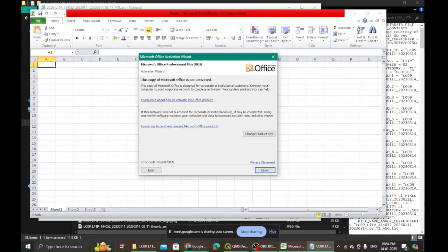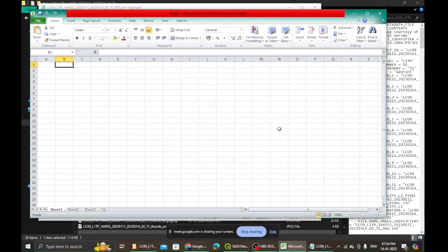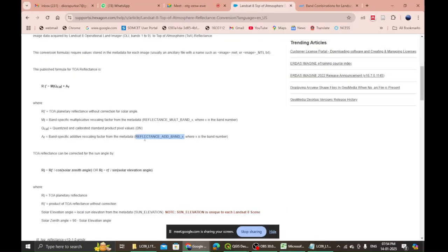What I have to locate, I will quickly write down here: band 1, band 2, band 3, band 4, band 5, band 6, band 7. After that I will yet again go back here.